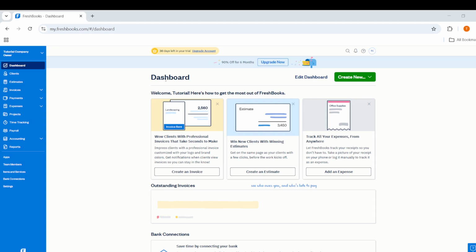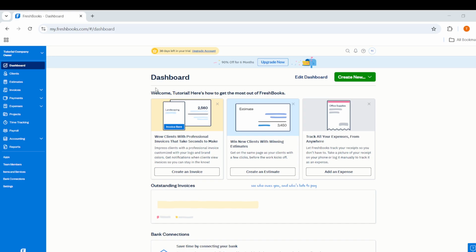In today's video, I am going to teach you how to use Freshbooks for sole trader. If you are running your business as a sole trader, Freshbooks can help you manage clients, create invoices, accept payments, and track your time in one place. To follow along, make sure you are logged into your Freshbooks dashboard, and keep an eye on the menu and